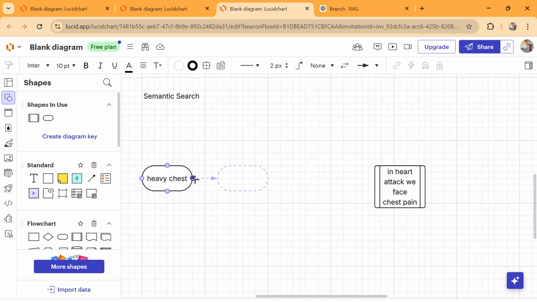So how will this match? Heavy chest pain,